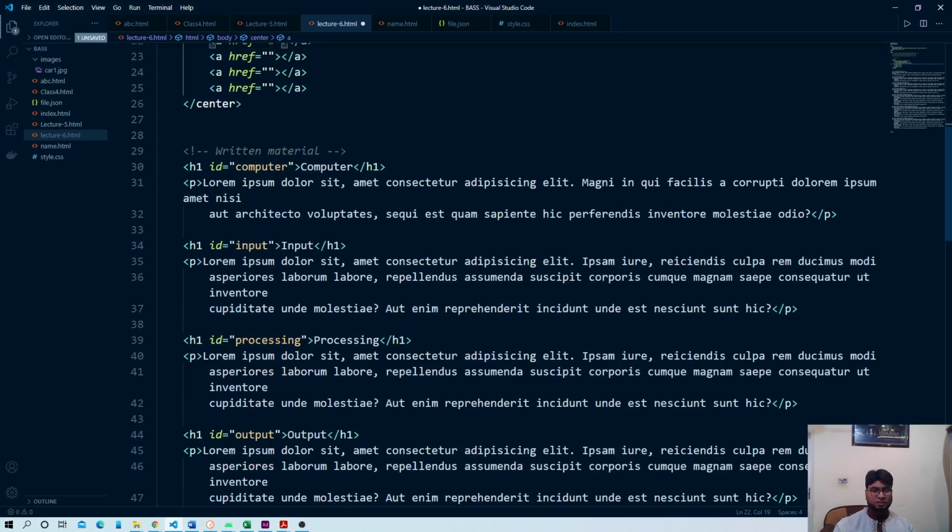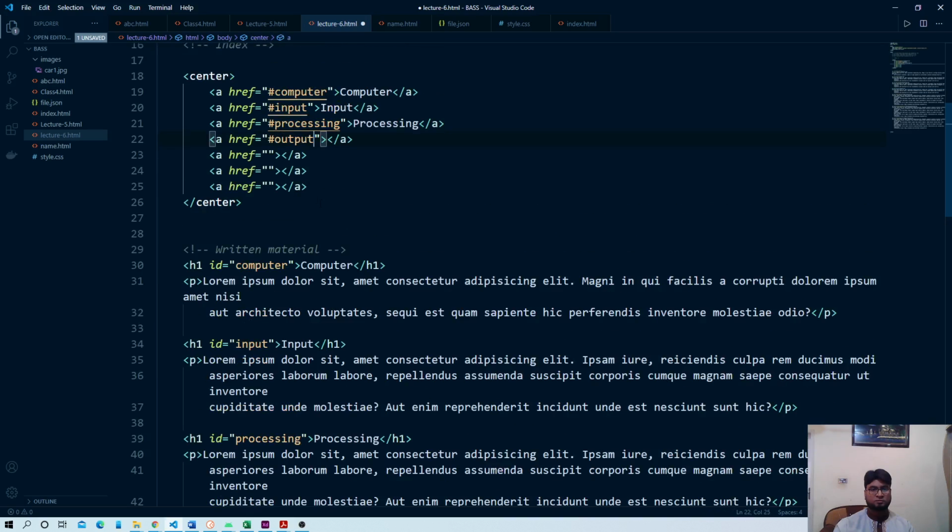Okay, next heading we have output. Then we have input